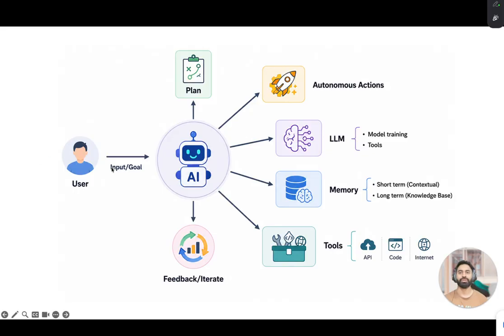Once they get the input from the user, or a goal, which could be from the user or from the supervisor agent, so here this can be a supervisor agent, or it can be a human, or a user, right? The human input is not needed at each and every step, like I have been saying. You only need to provide the end goal, which is your instructions, and the agent will plan and execute everything for you.